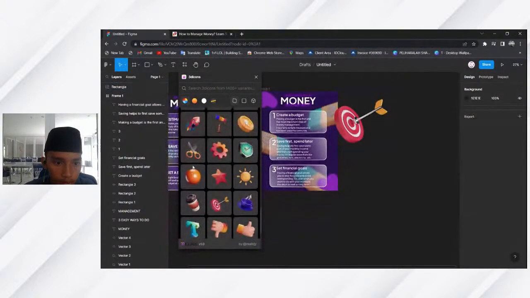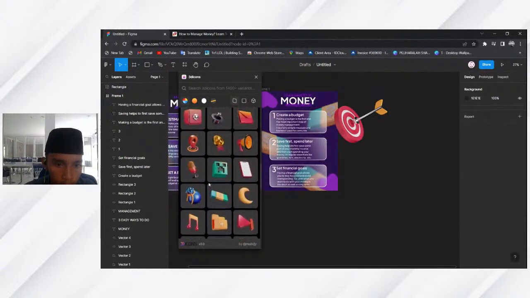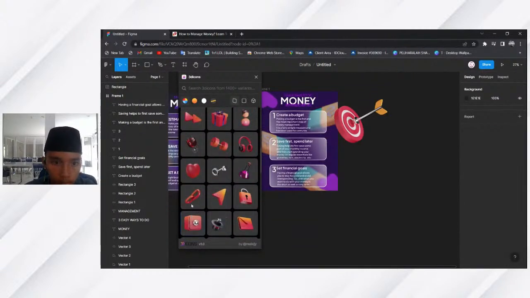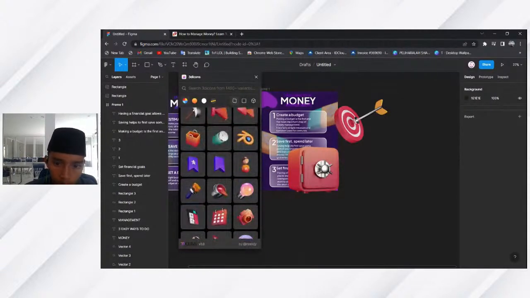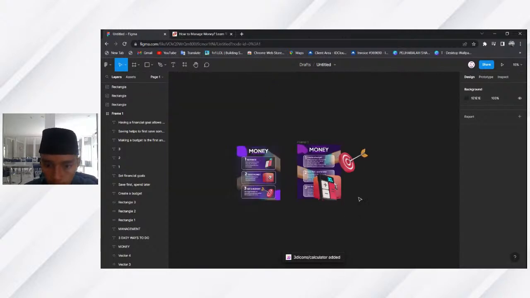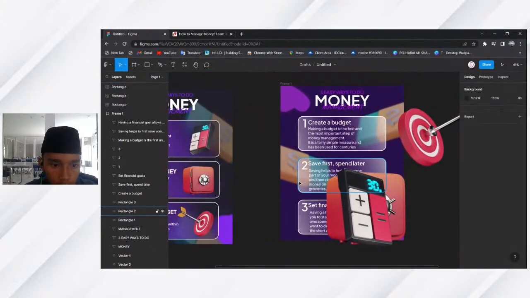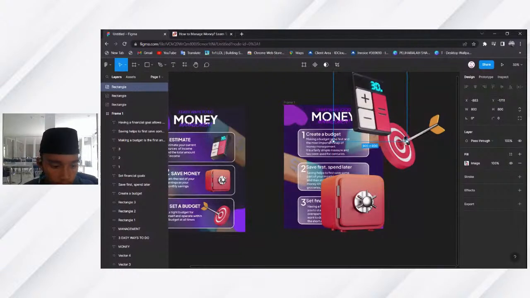Okay, so now we already have these three things, and now we just need to make this smaller.